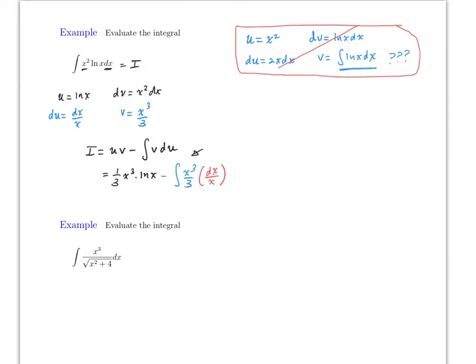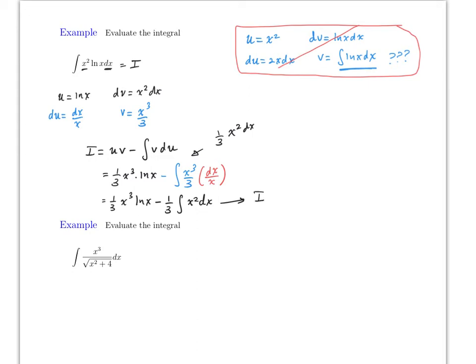Notice that this simplifies to just 1/3 x squared dx, right? So therefore this will be equal to 1/3 x cubed ln x minus 1/3 the integral of x squared dx,